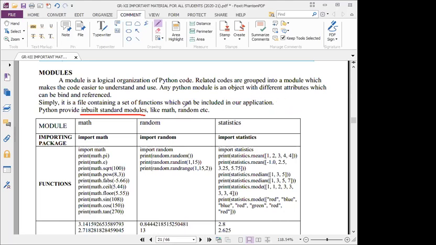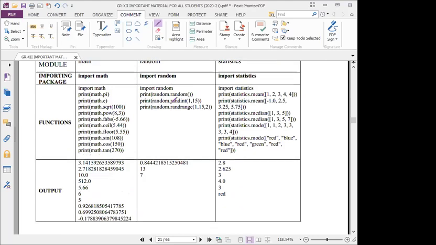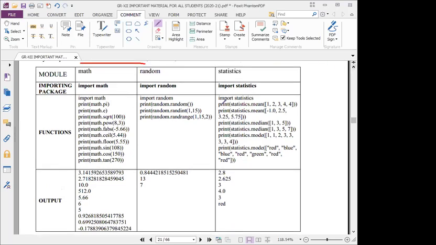For our syllabus we should know only 3 inbuilt modules. First is the math module, next the random module, and finally the statistics module. Inside them we have a lot of functions.